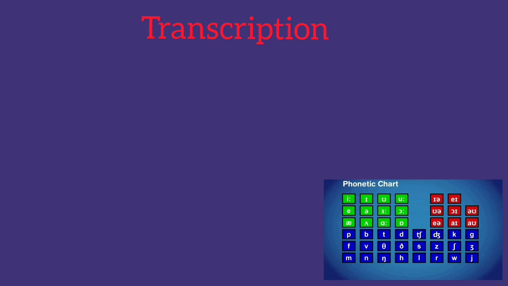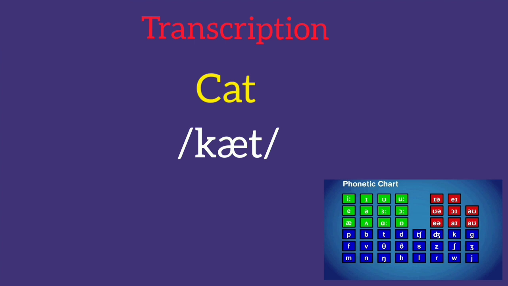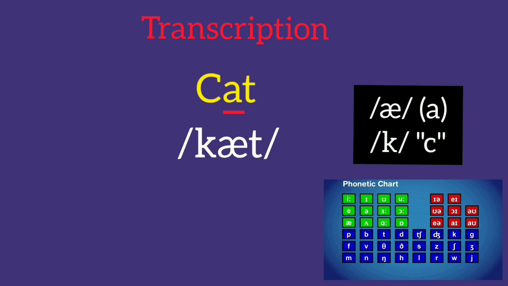Next, the answer for cat is slash k a t slash. As the letter a in the word cat matches with the vowel a, since it produces a sound of alphabet a, and for the letter C, the phoneme is k. Its transcription is slash k a t slash.